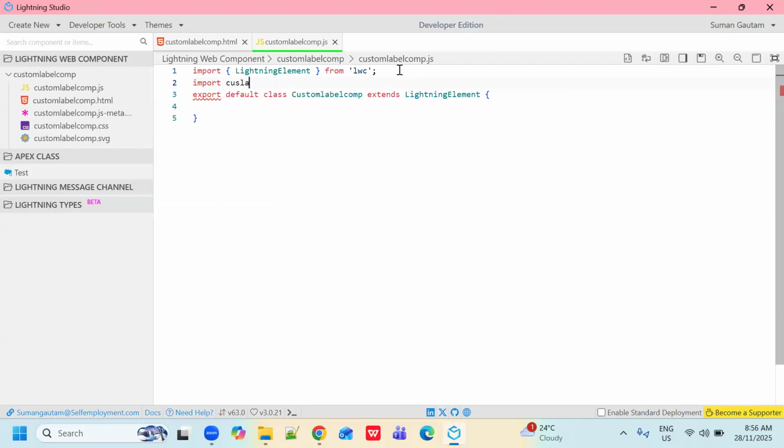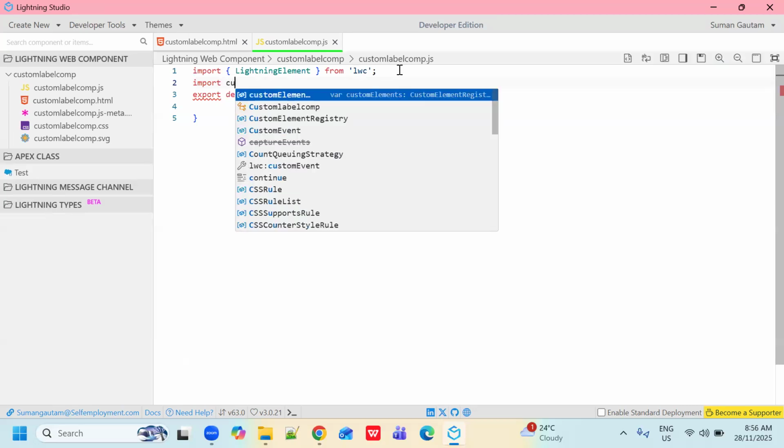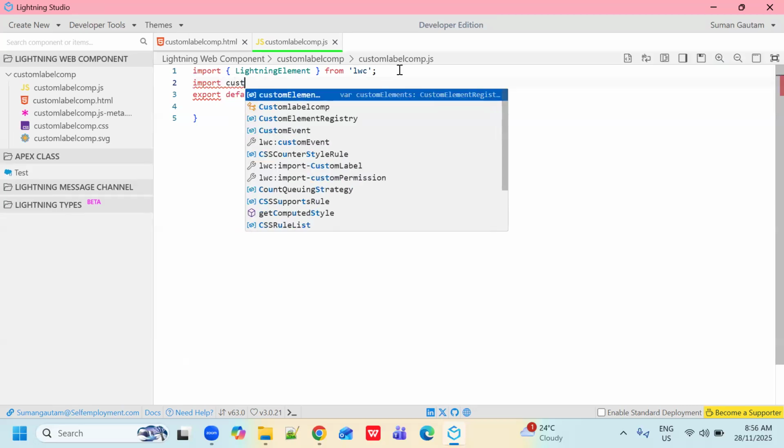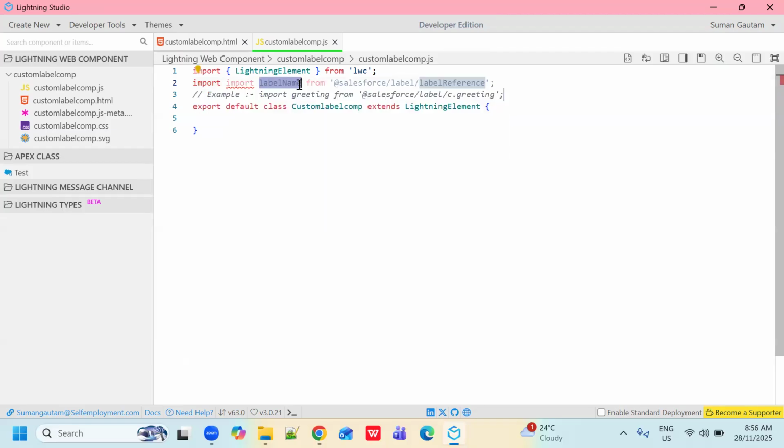If I choose from here, import custom label, this syntax is already available here.